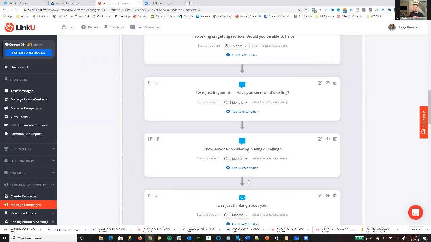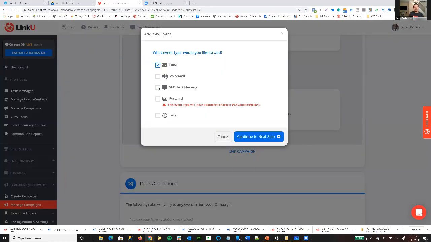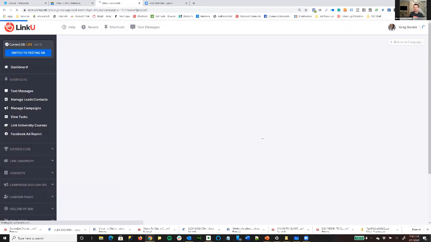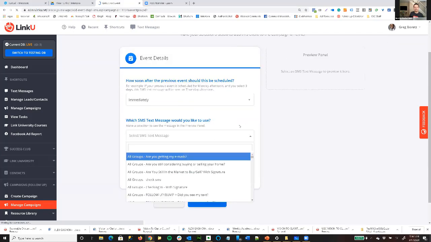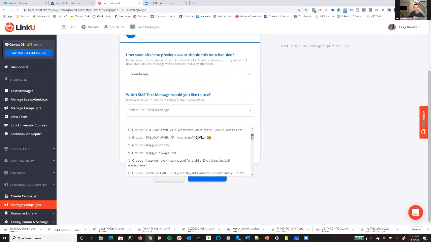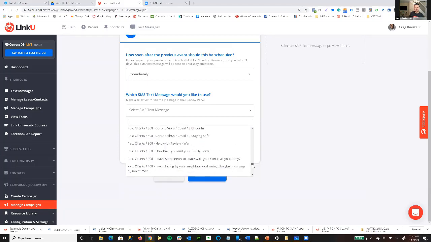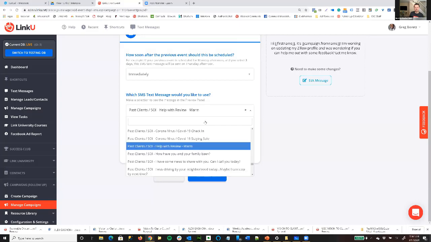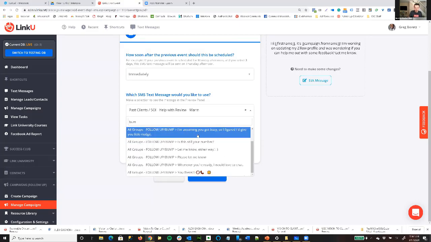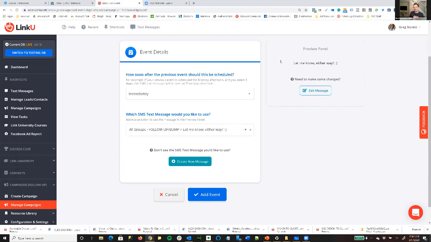So for example, I'll give you an idea. This is where a lot of people get stuck when they're creating campaigns, right? It's like, well, what do I say? What's the text message I reply? Or I want to customize it. Everyone has their own little thing. Well, we've got hundreds of text messages in here, and they're already all pre-written for you. So you don't really have to come up with anything. All you have to do is say, let me start with this. And if you want to make changes to it, great. There are also these cool bumps, which I really like for new leads, where you just add a whole crap ton of these bumps, which are basically conversation bumps.